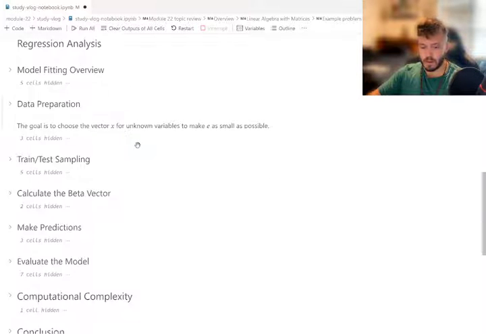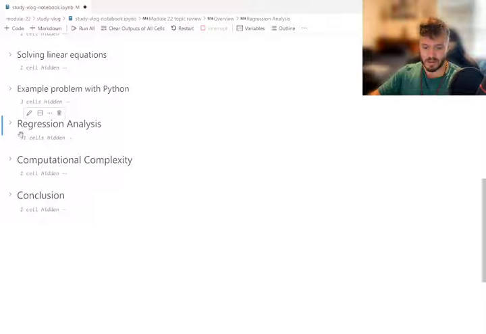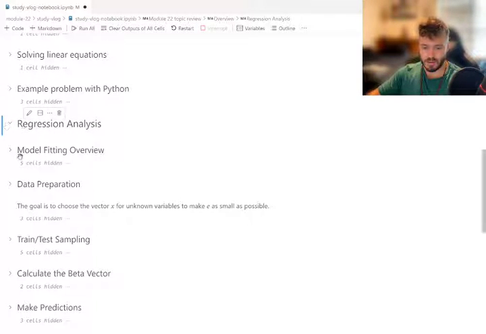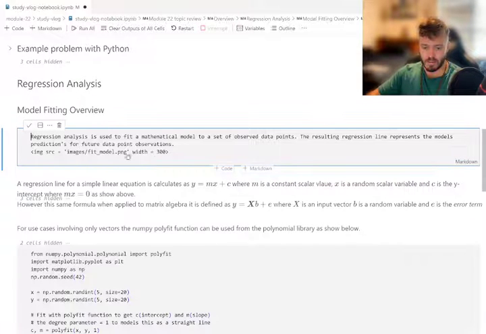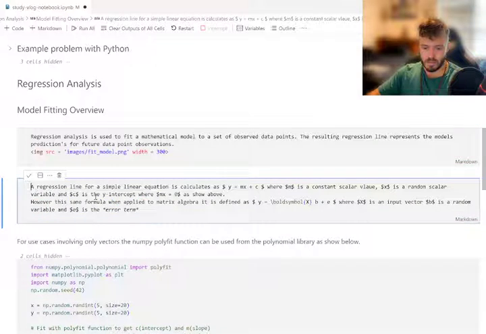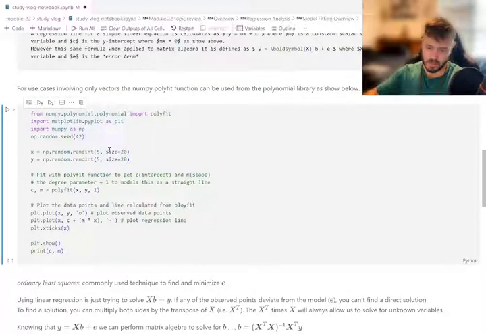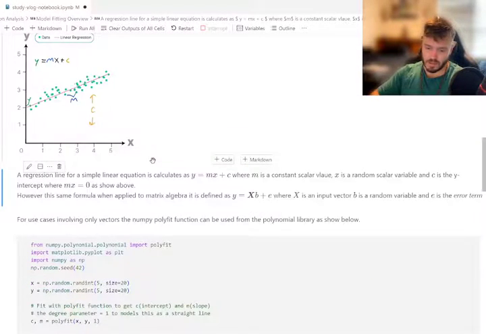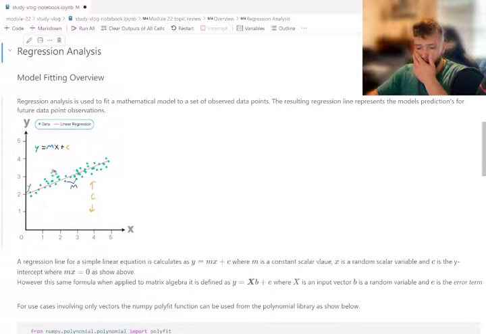So let's get into the real meat and potatoes, the regression analysis. Man, it keeps saying... you see what I mean? It says cells hidden, and there's no cells hidden. Anyway,